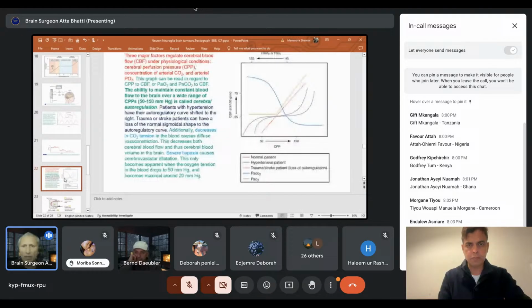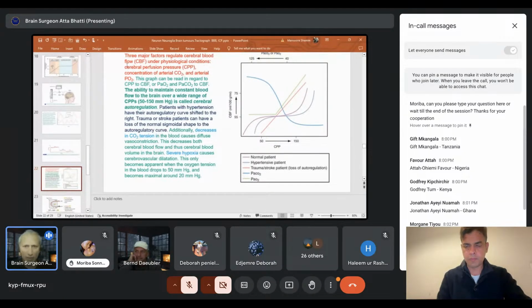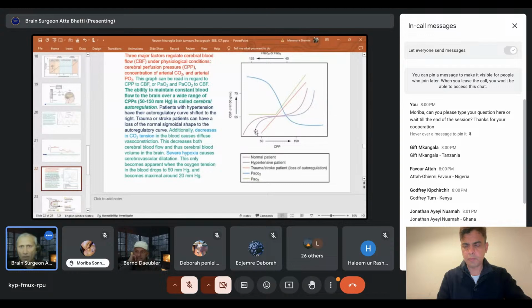Problem in intracranial pressure, right? So this is what the intracranial pressure curve is, and there are intracranial pressure curves shifting in chronic conditions. Here you see the three major factors that regulate the cerebral blood flow. So this is cerebral perfusion pressure, as we said, under normal conditions,